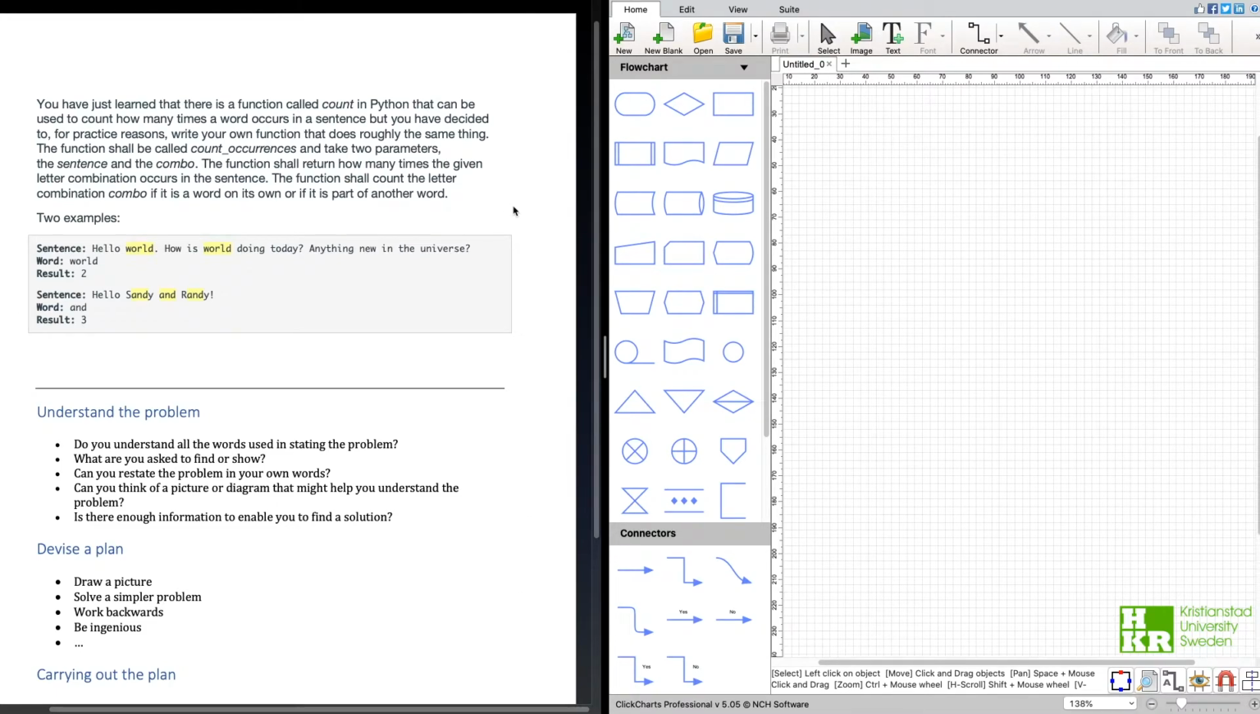Here we have the text of the task, and after having read it, I understand it as we are going to count how many times a word or a combination of letters occur in a sentence. And how did I come to this solution? Well, after reading the text, I found this,